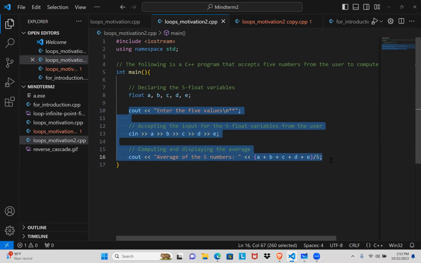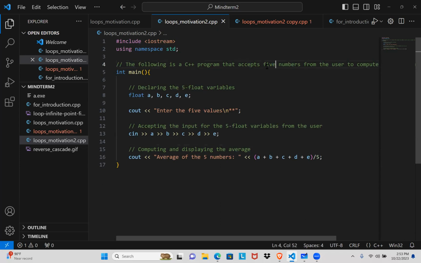So now in case of five variables, it's manageable. I can do it. But what if the number of variables are more? Meaning that if I have to accept, for instance, say 5,000 rather than five. So I cannot keep on creating variables for each of the 5,000 numbers the user is going to